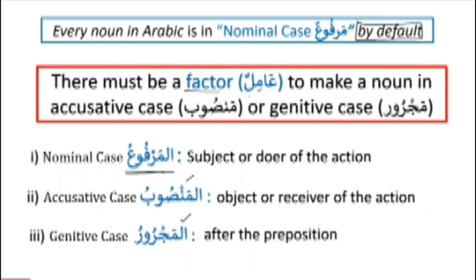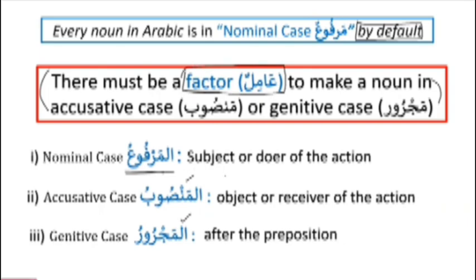which is called in Arabic amilun. So there must be a factor, amilun, to make a noun in accusative case, which is mansub, or genitive case, which is majrur. So inshallah, as we proceed further, we will get to know more about all these things, but I would say that this is the most important point. That's why you see it in red color, that we need to know that the noun, the original case by default is marfu', and for a noun to be mansub or majrur, there must be a factor, or there must be an amil,